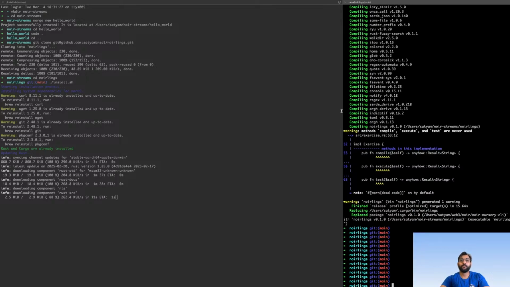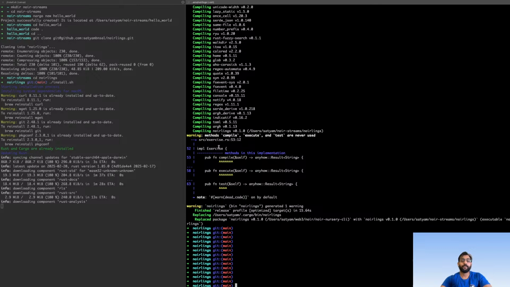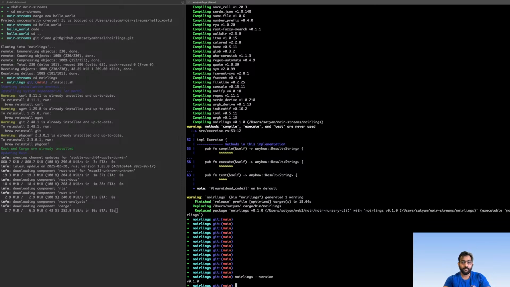Then you'll have the noir links command available. Version. So as you can see, you have the noir links command available. Now we are just going to do noir links watch.